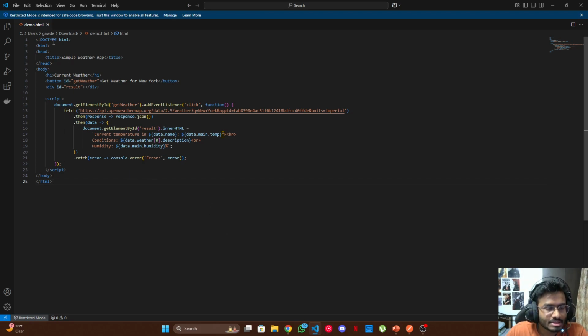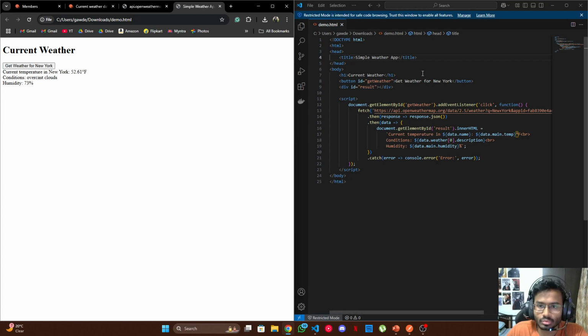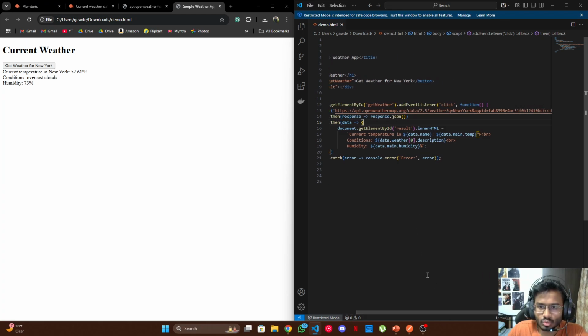As you can see, this is a simple HTML page. The title is simple weather. We'll compare it side by side, so it's better for you to know. Then we created a button, that is get weather, and gave an ID for it. So this get weather is triggered and the script is run further. What we have done is added a listener. As soon as the button is clicked, just go and fetch